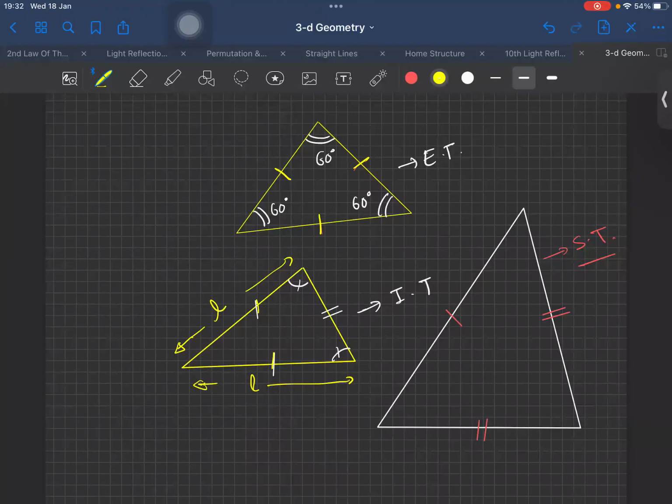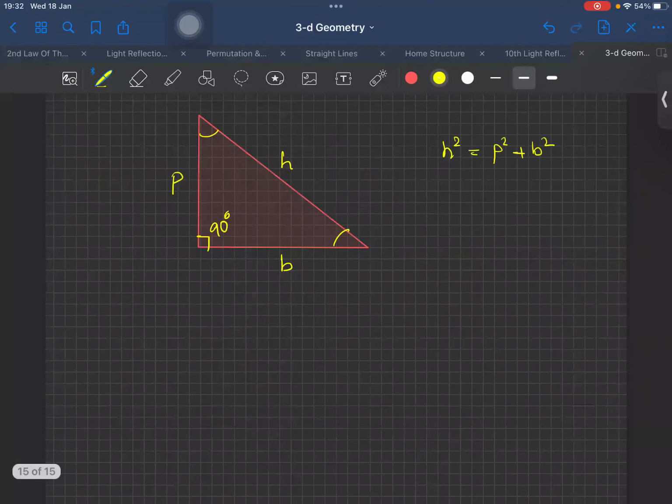So you have question number 3 of your book, exercise 12.2. In exercise 12.2, the first one in question number 3: three points are given, and you have to verify that they are the vertices of an isosceles triangle. That means P, Q and R are given. You will find PQ using the distance formula, you will find QR and you will find PR. If any two are equal, that means it is an isosceles triangle, right?